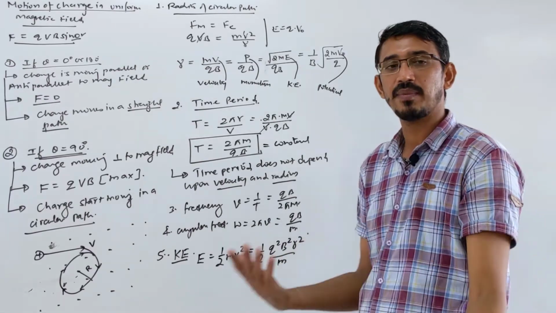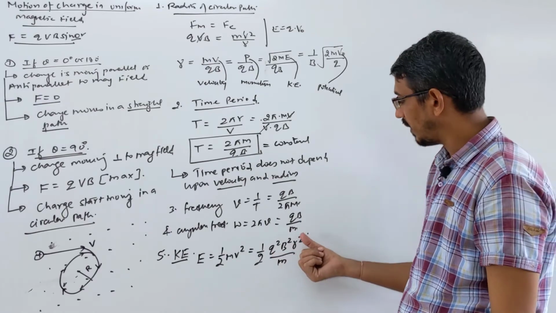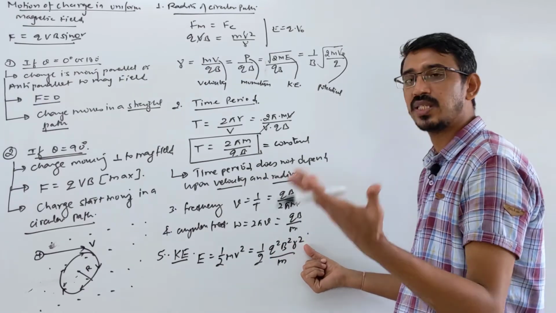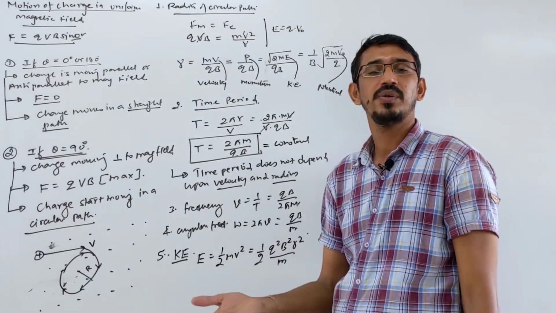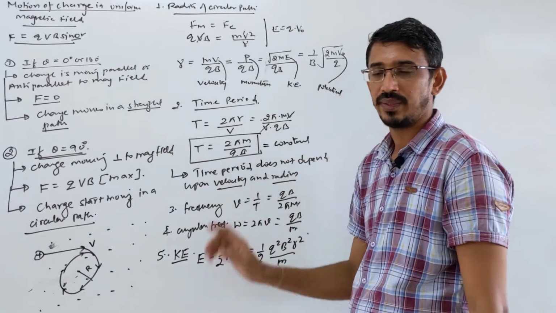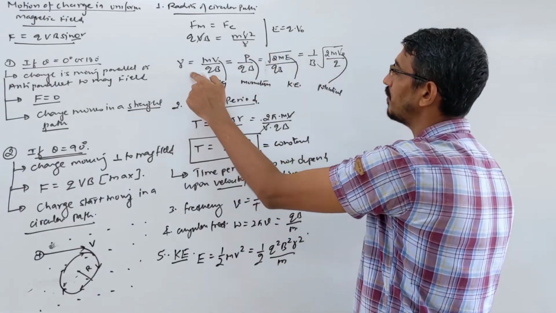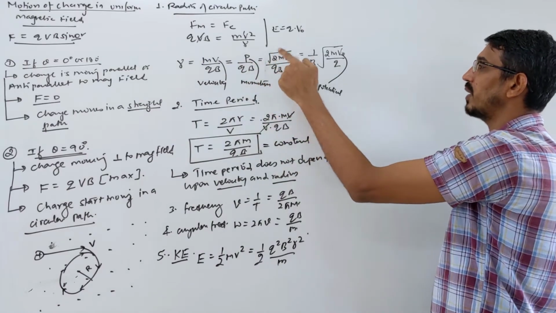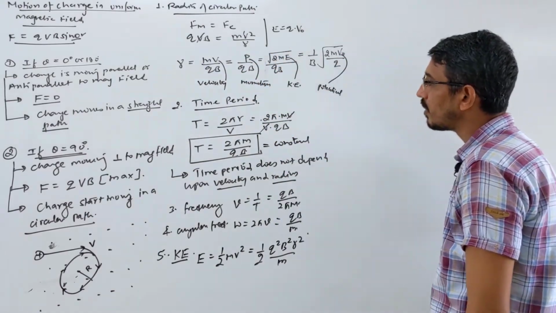And if they ask maximum kinetic energy, so you know q, B and m all are constant. There is only one variable, what? Radius. So when radius is maximum, your kinetic energy will be maximum. And this is the principle of your cyclotron. We will learn in the next topic. So these are the small numericals. This is most important in many formats: velocity format, momentum format, kinetic energy, and what? Potential format.